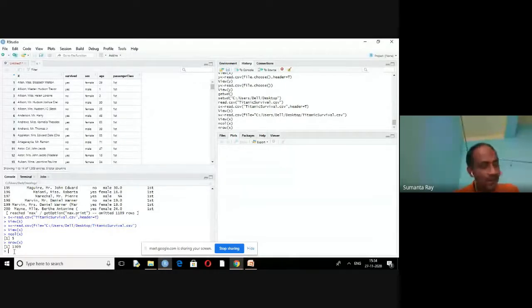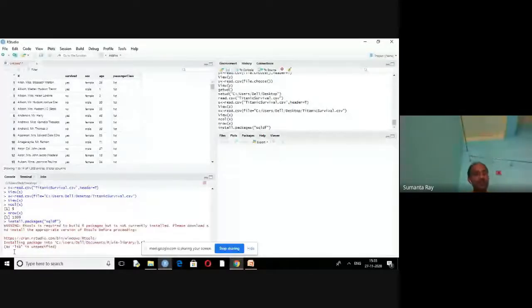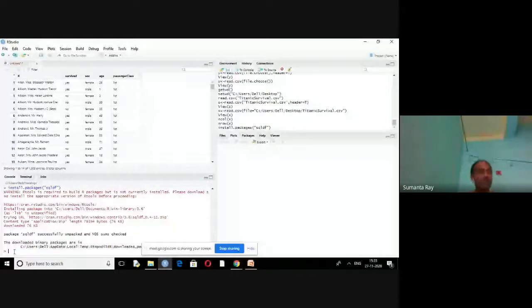To write a query, we have to install some packages. By using a query, we want to retrieve something. So first we install the package. Which package? Just write it down, sqldf. It's working; that's why a red button appears here, and we have to be online, otherwise we can't install this.